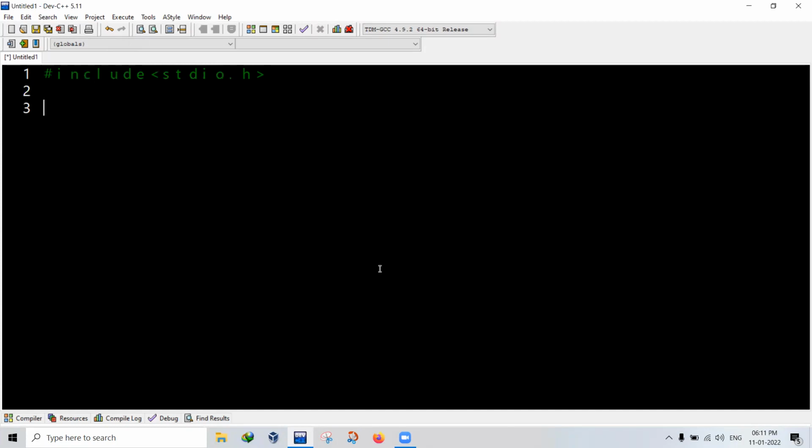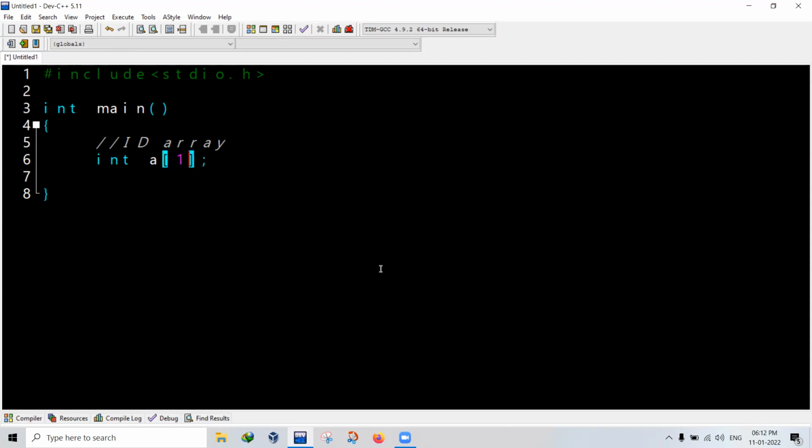Hash include stdio.h and int main. That's it. So now I want to demonstrate a one dimensional array first. As you people know, a 1D array is nothing but, if you have variables like A, B, C, D that can hold four different integer values, an array can hold all four values in a single name, A. If you have seen my previous video, you already know. Here we have 1, 2, 3, 4 elements. If you just write A of 4 instead of writing A, B, C, D, the same values will be held inside the variable A of 4. Okay, this is the concept of arrays.